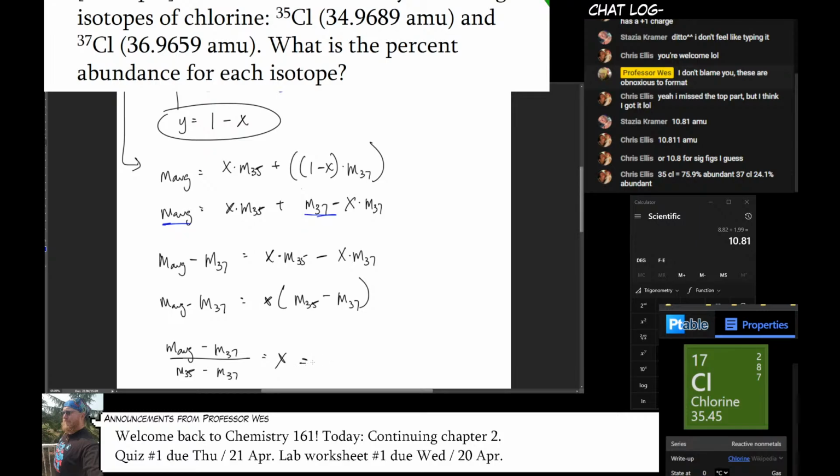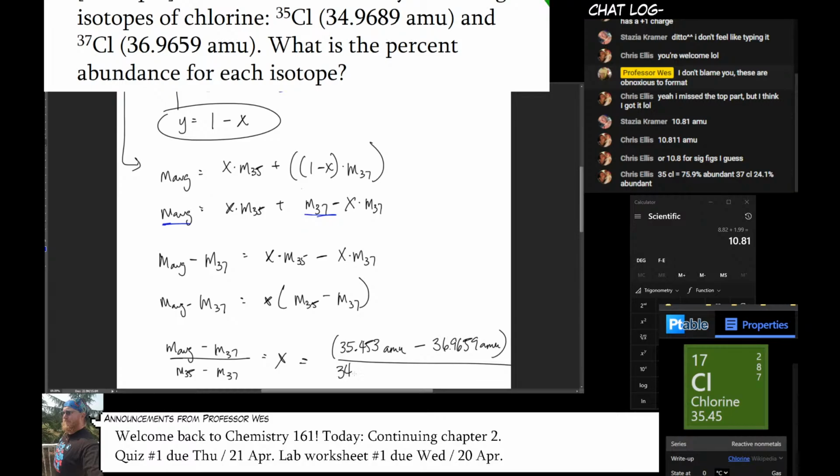So if I do this, I don't know why my pen is double writing. I think when I hit Control X or something, it screwed it up. But when I do this and plug in all the numbers now, whatever my M average is, that would be chlorine's atomic mass, so 35.453 AMU, minus whatever chlorine 37 is. Yes, you will get a negative number. That's okay. It'll work. Don't worry. 36.9659, divided by